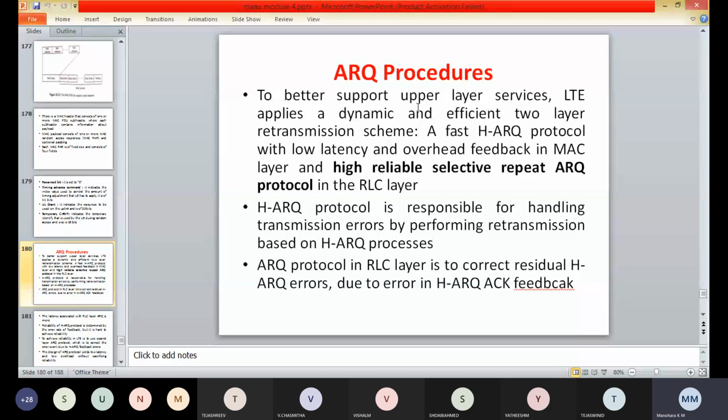Otherwise, it will segment the PDU according to the size. When the maximum number of ARQ retransmissions is reached, the AM RLC entity will notify the upper layers. This is about the ARQ procedure.